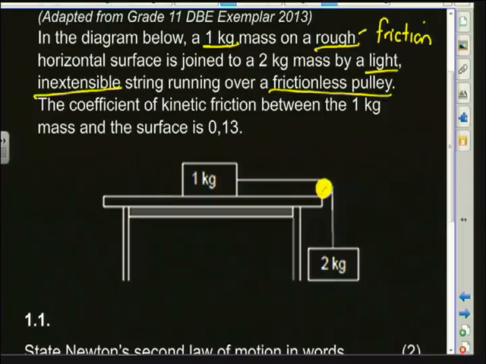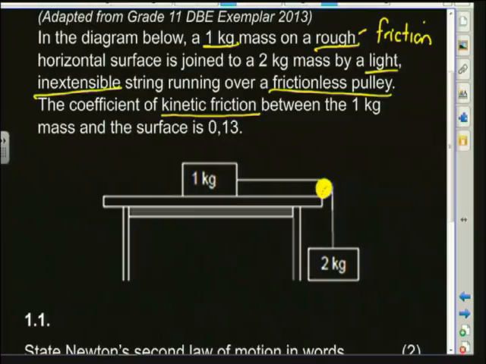And they're not going to put friction in the pulley. That's just making it far too complicated. The coefficient of kinetic friction between the 1 kilogram and the kilogram mass on the surface is 0.13. So what they're telling you is that 1 kilogram mass experiences kinetic friction. It's going to be moving. And the coefficient, remember, which is mu k,